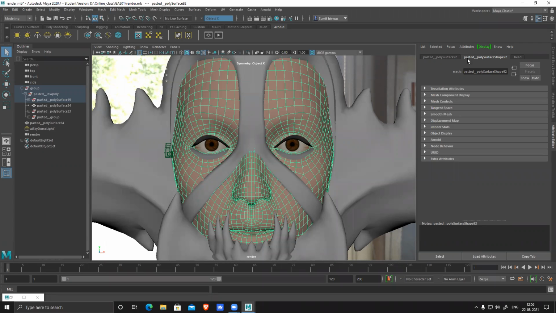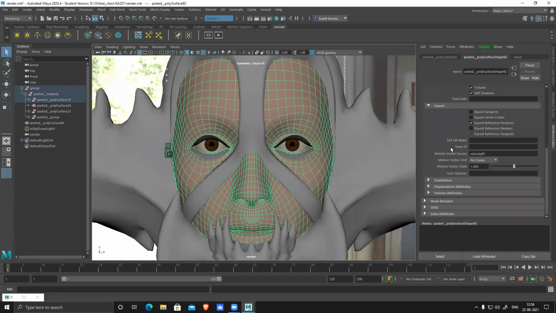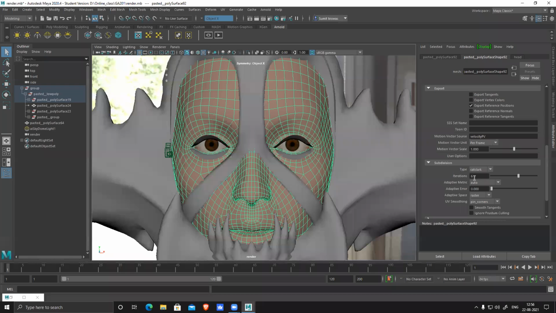Make sure in the second, middle tab, shape, there is something called Arnold. Click on this, scroll down, and now you can see one tab called subdivision. Click on this. Yes, see, I have already applied 6 subdivisions. That's why my displacement is working. I had 6 subdivisions in ZBrush, so I just selected this, applied 6. That's it. Then no need to modify anything.